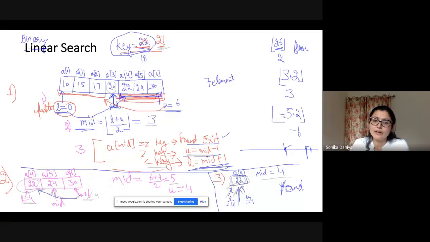Now we check the array element at mid, that is 22. 22 is equal to 21? No. Is 22 greater than 21? Yes. So this is the second case. We need to update U and set U to be mid - 1. So that is 3 in this case. Fine. If your L is 4 and U is 3,